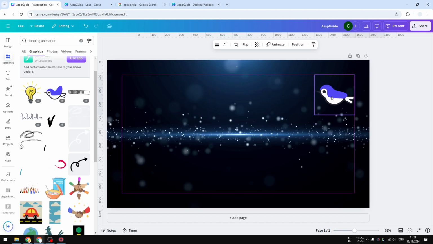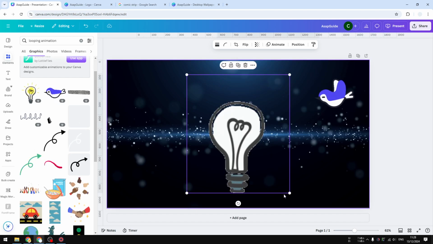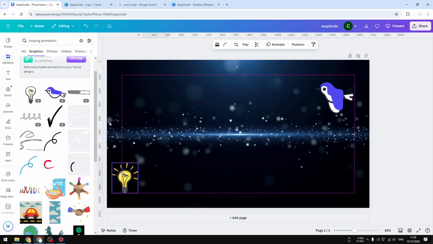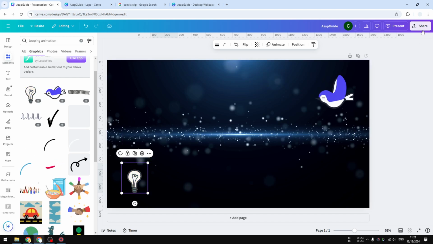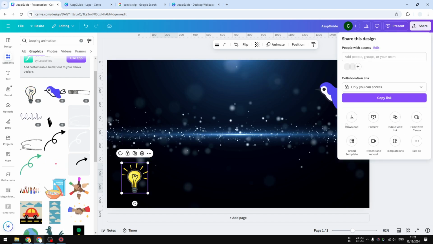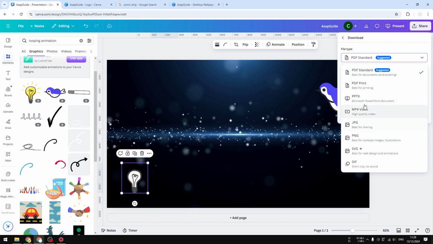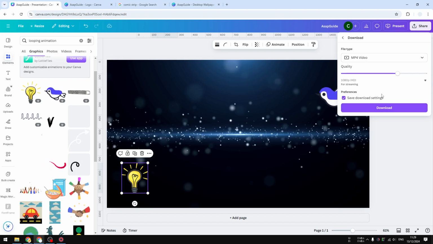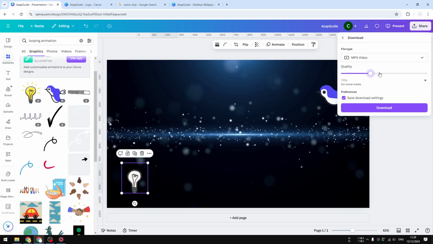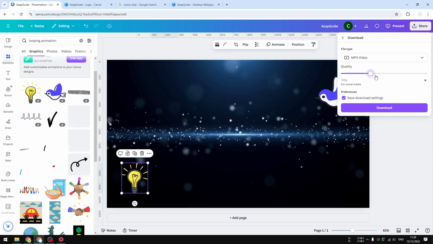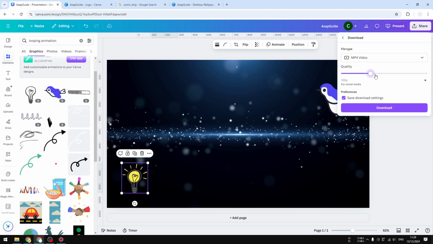And when you're done, you can click the download button, and then you can insert the document to Zoom. The download button is available right here. You can click share, click download, and then make sure to select MP4. That's the format that is the best. And for the quality, you can go down to 720p because it's actually good enough. But if you want to get the best version or HD quality, then go with 1080p